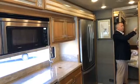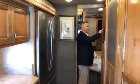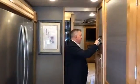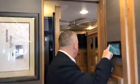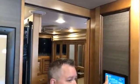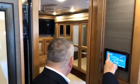Same thing. Now the back ones are electric, so I want to make sure that I retract it in, and then I'm going to slowly put it out. These go straight in and straight out, but I always try to get that generator on to give you that extra boost. If for some reason you didn't have your generator on, your battery's a little weak, it could spit out and it could go out a little crooked or uneven,